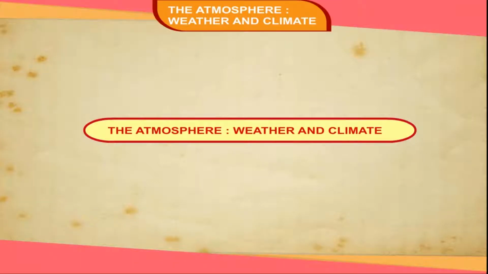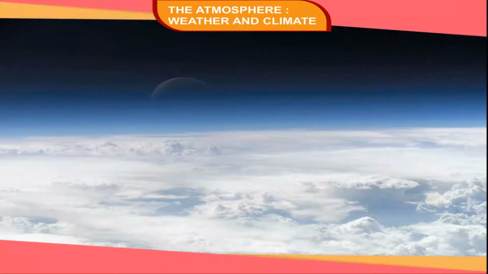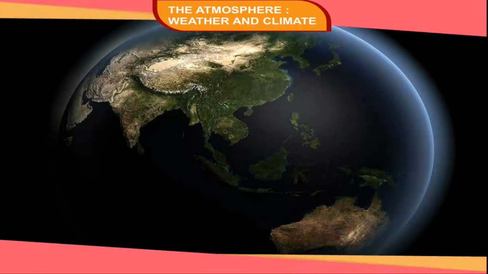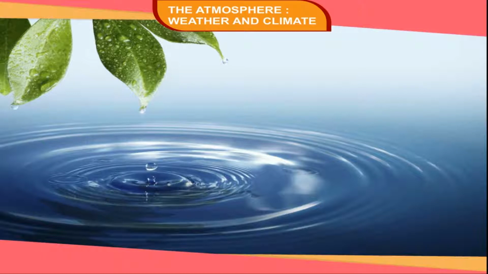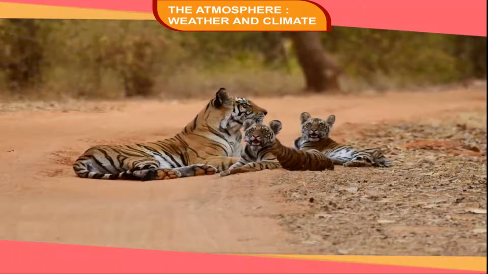The atmosphere, weather and climate. The blanket of air surrounding the Earth is known as the atmosphere. Without air, Earth would have been a lifeless planet. It not only supplies air and water to the plants and animals, but also protects them from the harmful rays